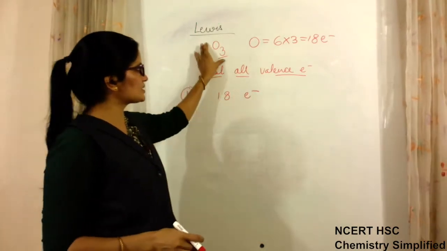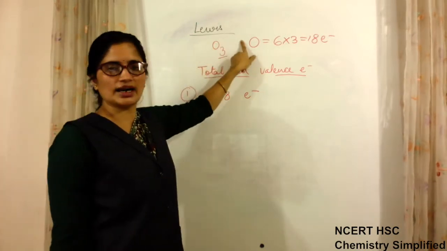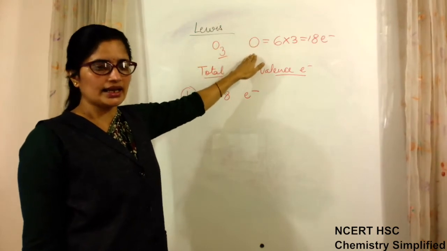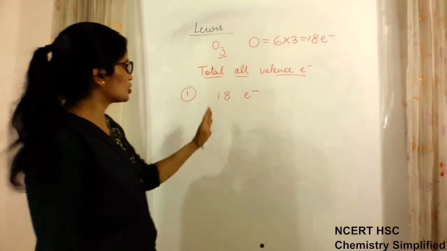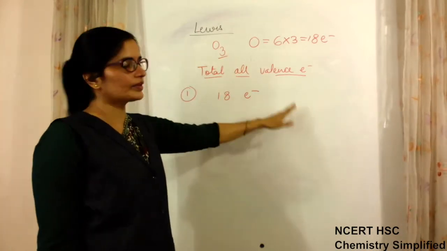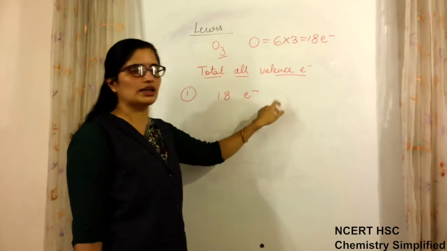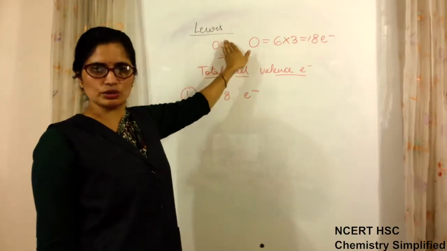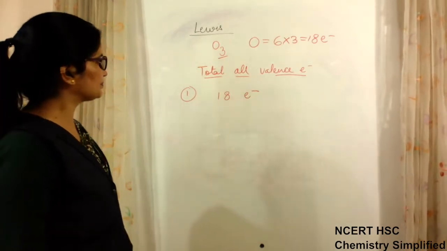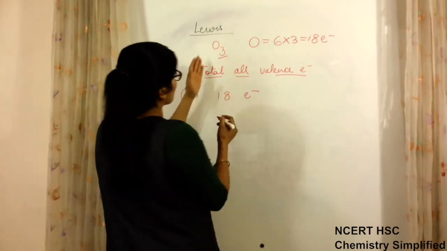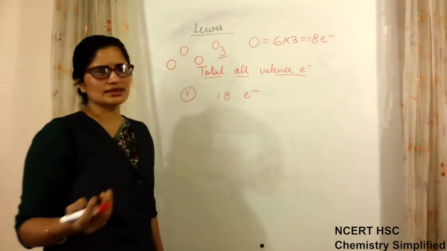Suppose in such a molecule whose Lewis structure we are trying to find, if there is any charge present, maybe positive, maybe negative. If positive charge is present, that means one electron is lost, so out of the total we will subtract 1. If there is negative charge, that means one extra electron is present, so in the total we will add 1. But in this molecule, because there is no charge, our number of valence electrons will remain 18 electrons only. Now in this case, all the atoms are oxygen. All 3 atoms are oxygen.